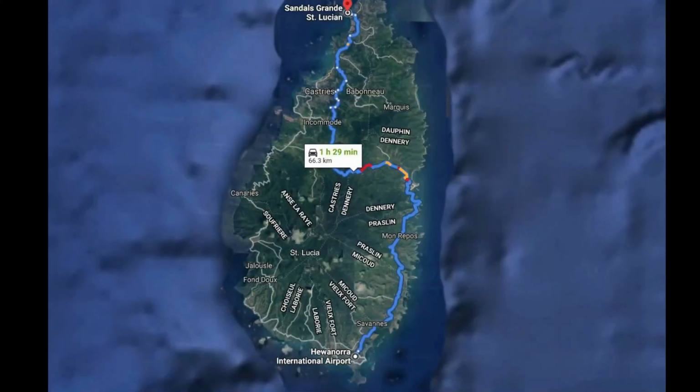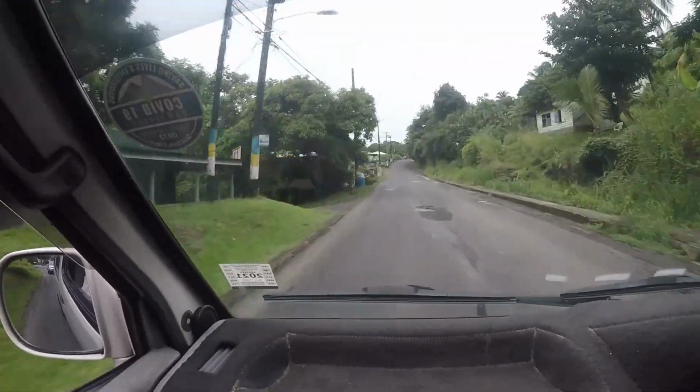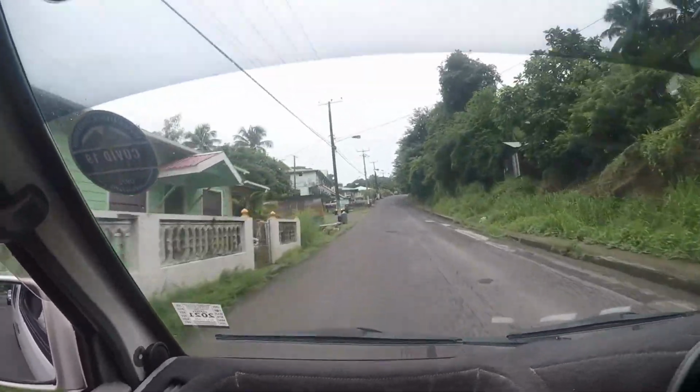Jumping across to the island of St. Lucia, a 40-ish miles journey between Hewanorra International Airport and the Grande St. Lucia can take between 90 minutes and 2 hours. It's also not a great journey due to the road conditions and the various small villages that you've got to